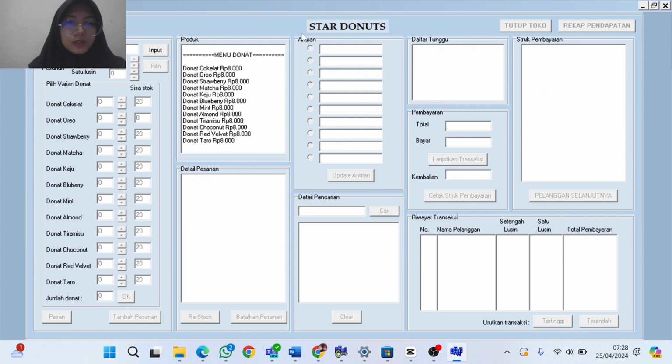This is the transaction form. I have turned off all edits and buttons here. They will be turned on as needed.